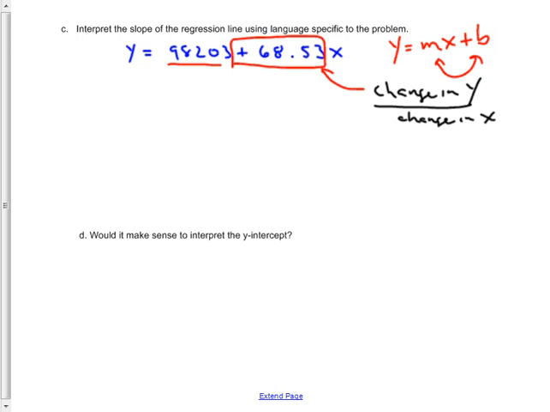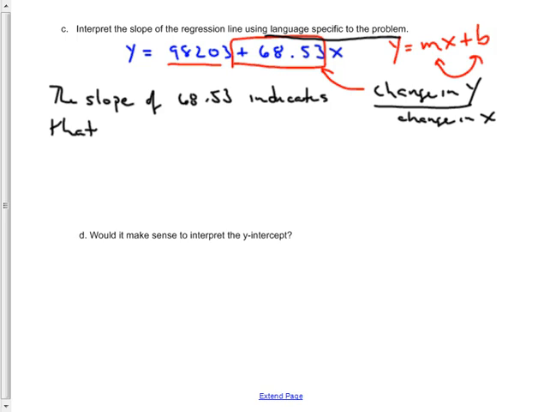I can't just say it in an algebraic manner, so I've got to write it out in language specific to the problem. So the slope of 68.53 indicates that, well, positive means an increase. So there's an increase of 68.53 in the y variable. What was the y variable? That was the cost of the house, so that's in dollars. It indicates that the price